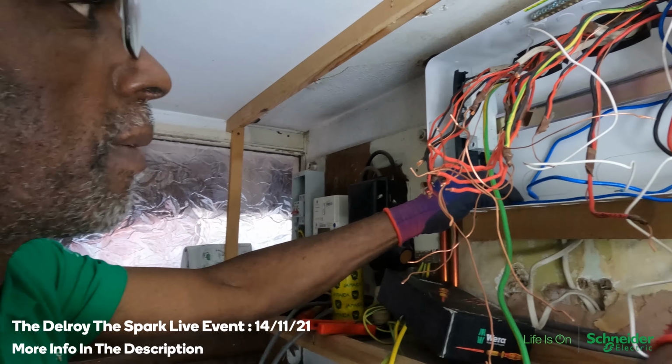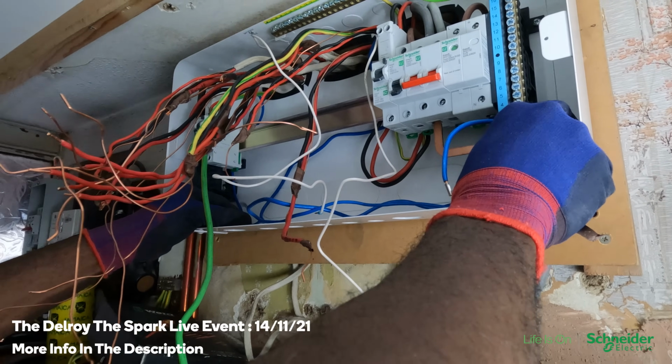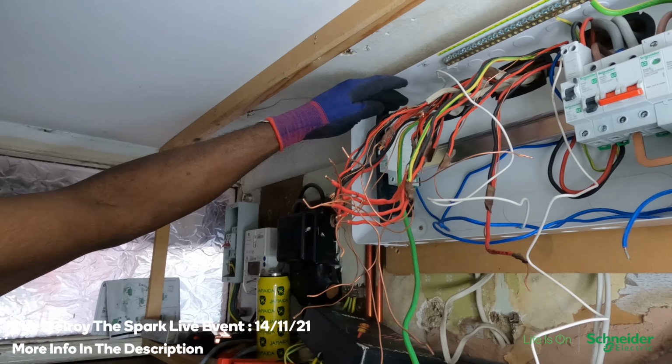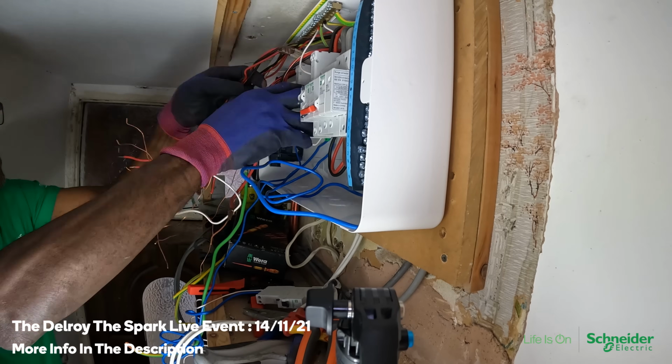See, this is what I'm thinking. I can cut a bit off this one because it's right at the end and it's going to be long enough to get there, yeah? If I have to put it up the top, it could still get there. But mind you, if you had to go to the top, you could bring it across here and it would still be long enough. But